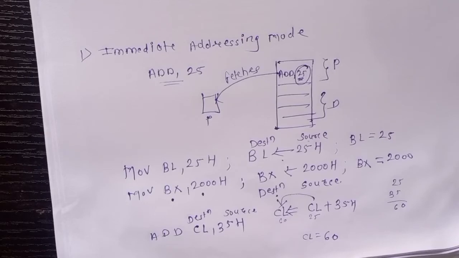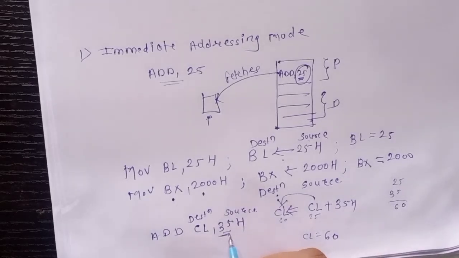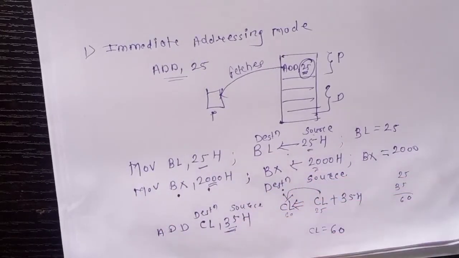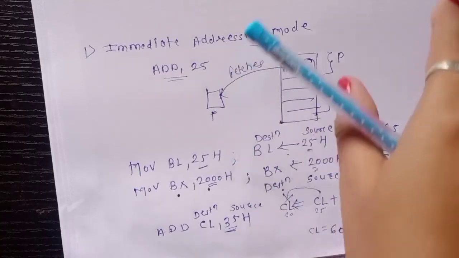So what is important is not whether you are doing addition, subtraction, AND operation or OR operation. What is important is your data, your operand. That means your data or operand has to be there in the instruction itself. Here also your data is present inside the instruction. Your data or operand must be present inside the instruction, and that justifies the definition of immediate addressing mode.